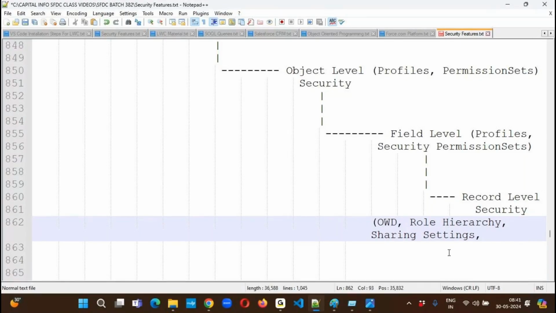Profiles, how? If the object itself is not visible to the user, then how can the record be accessible to the user? With profile, we can control which object is visible and which not for the user. Now, record level security. OWD, role hierarchy, sharing rules,